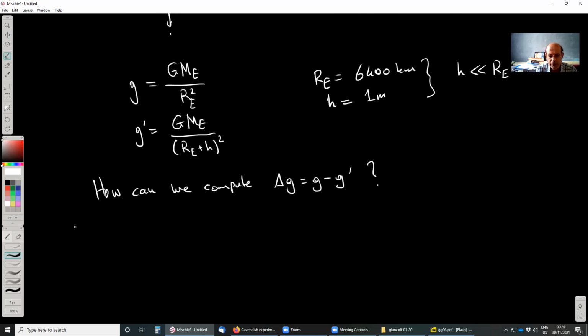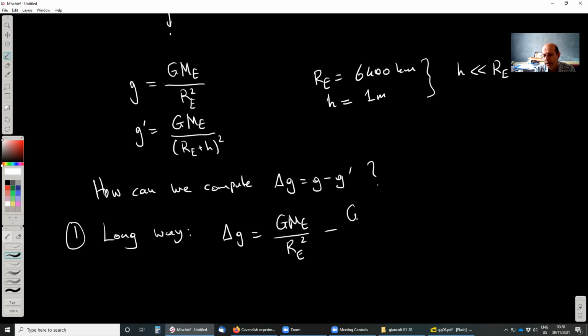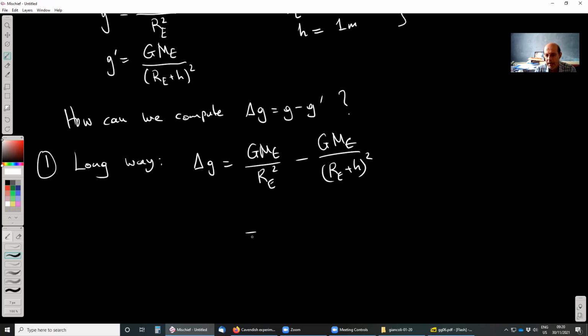Okay. So first way. So that's the long way. But this is the kind of the best way to compute it. If you don't know anything, if you don't have these tools, so you just compute it in that way. So you just compute it like this, like the way that everyone would do. But in any case, what you need to do in that case is basically you just manipulate this expression, right? So that's basically G M_E times (R_E plus h) squared minus R_E squared